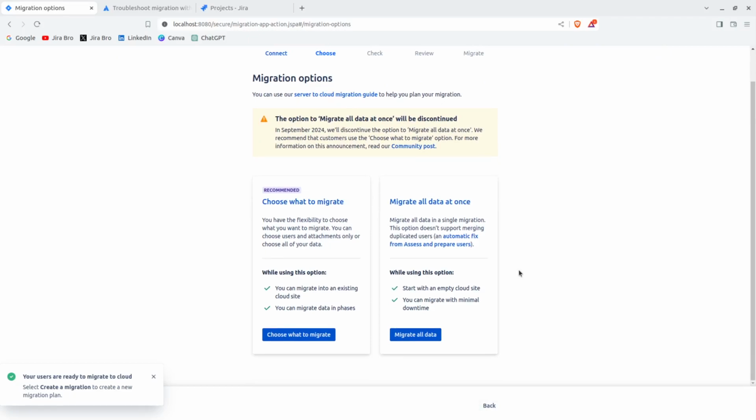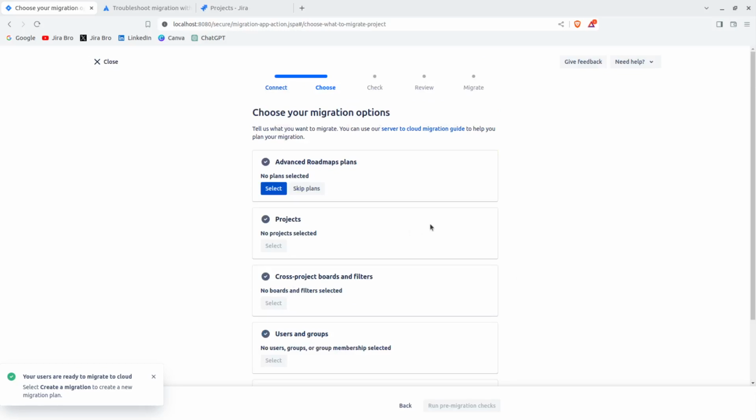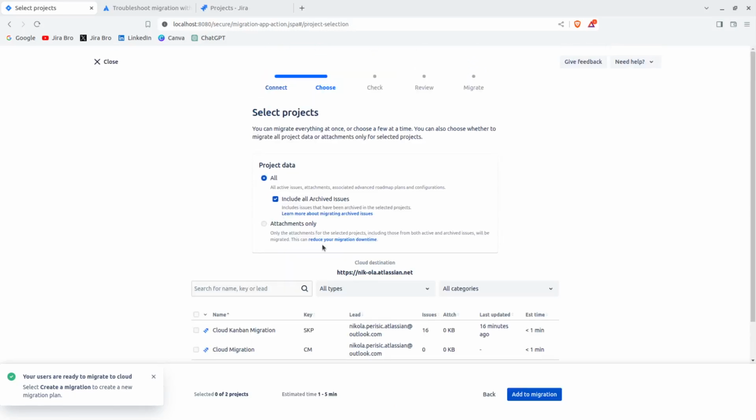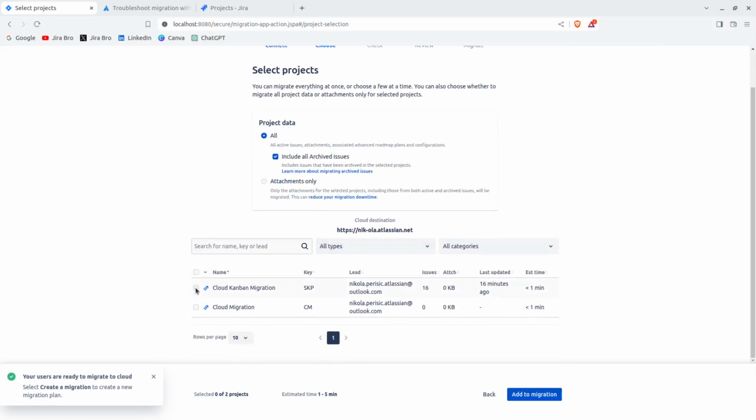So you have two things. The option to migrate all data at once in September 2024 wouldn't actually be there. So this is the recommendation, and this is what you actually need to choose. For advanced roadmaps, I don't really have any advanced roadmaps. Projects that I want to select, so I want to select the